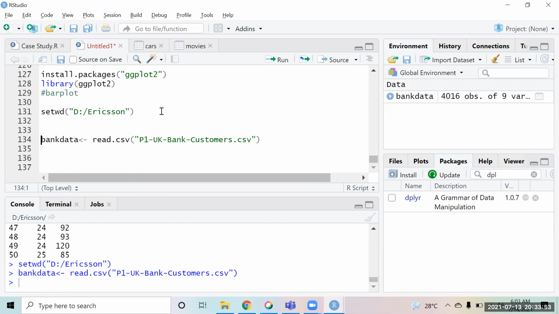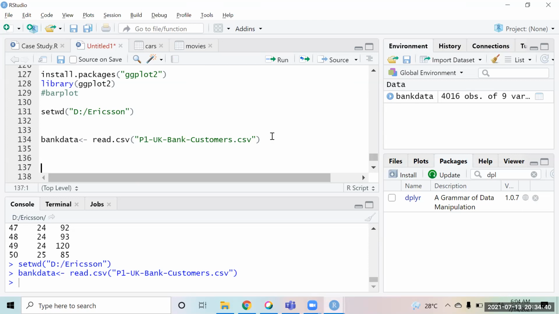Okay. So in this data set, let's just now load this up. Okay.